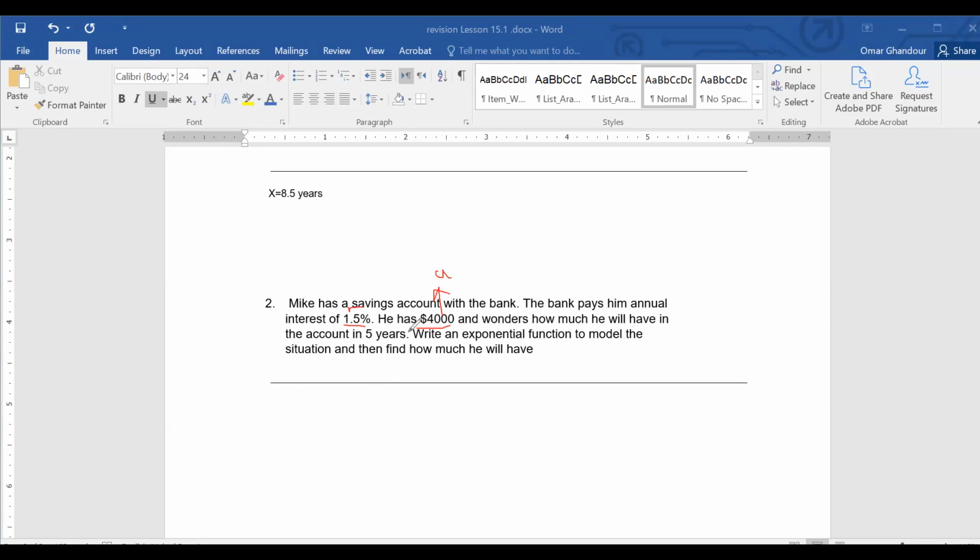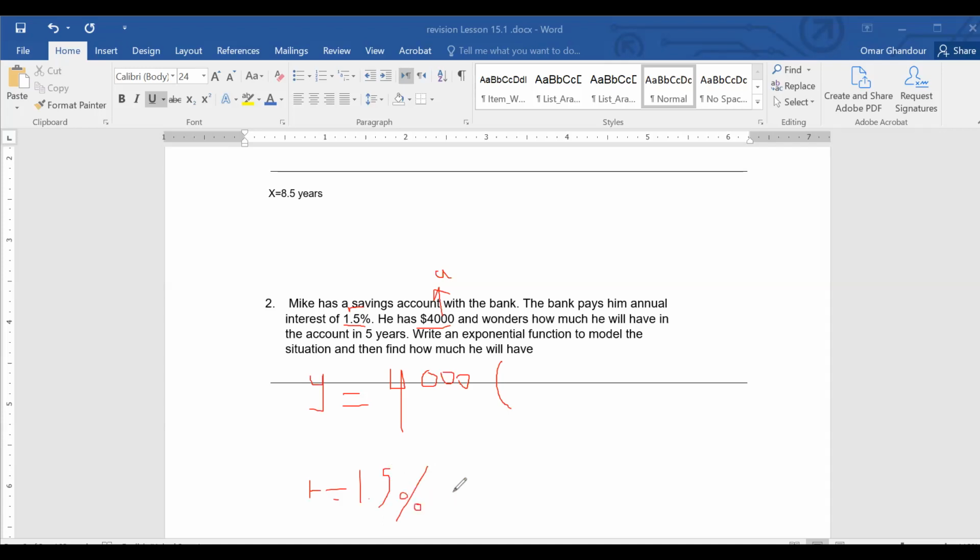Actually, this is much easier because you already know that after 5 years he will have this much money. So let's say my exponential is a times 1 plus r to the power of t. So 4,000, y equal, of course, 4,000 multiply 1. We didn't change r first. Let's change it first. R is equal to 1.5%